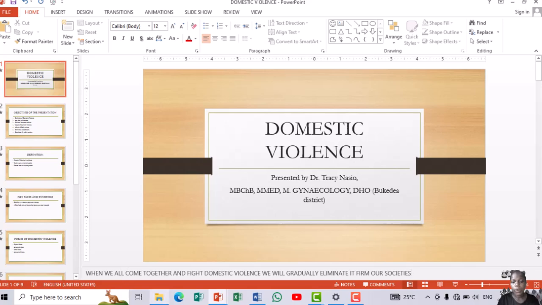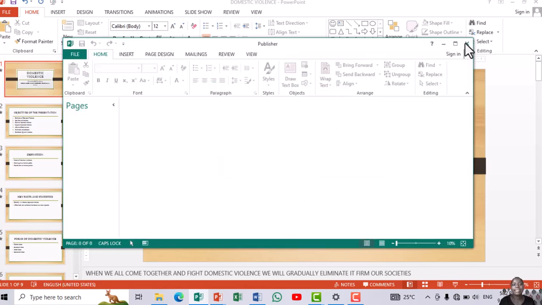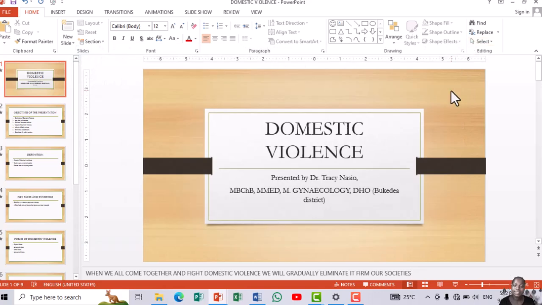So you can add these speakers notes at any point that you really need. You can add them to every slide of your choice. Yes. Then the next thing I'll show you shall be this,